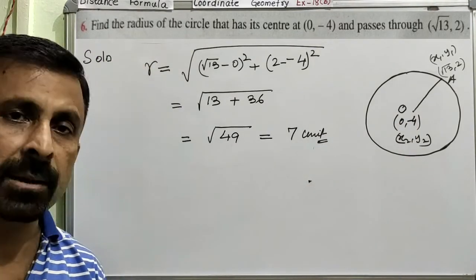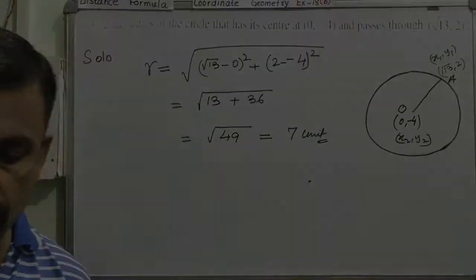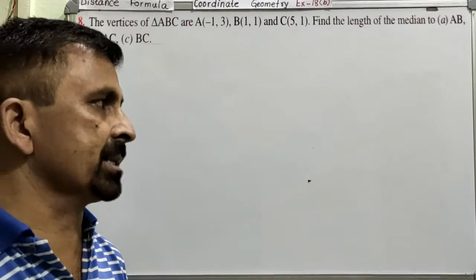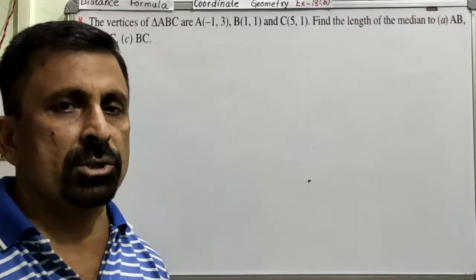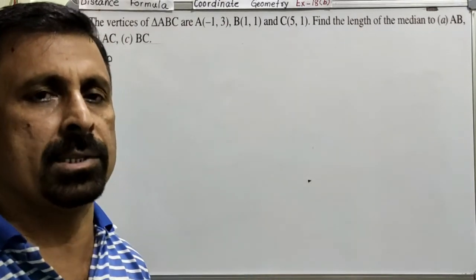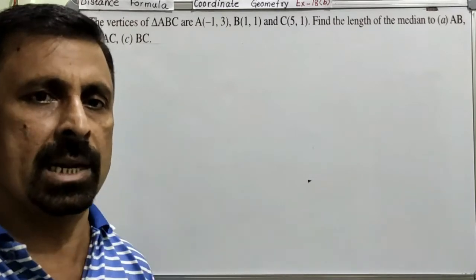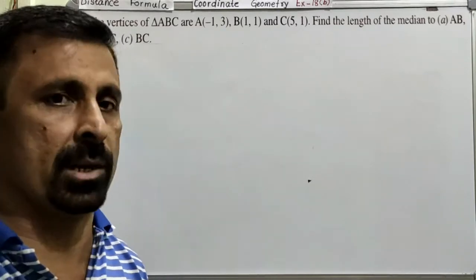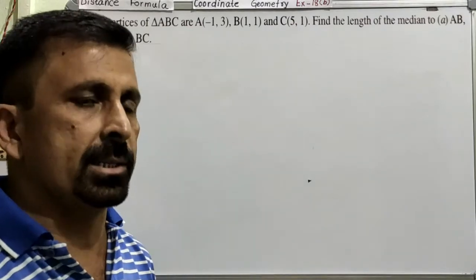Is this question very clear? It's a very simple topic. Thank you. Now we are moving on to question number 8. Question number 7 I am skipping because in question number 7 we have to find the length of the sides of the triangle whose vertices are given. So using the distance formula, that will be a very simple task. So it will become part of your assignment.